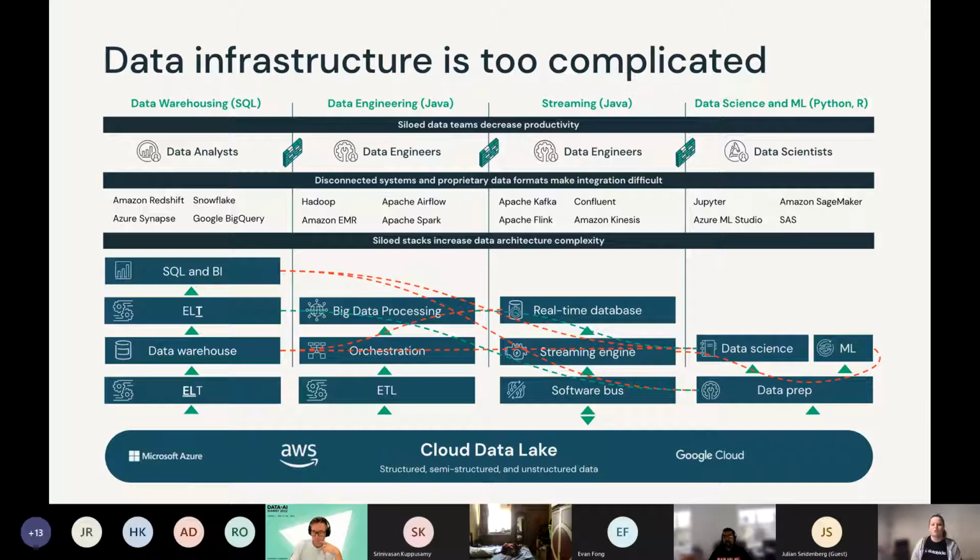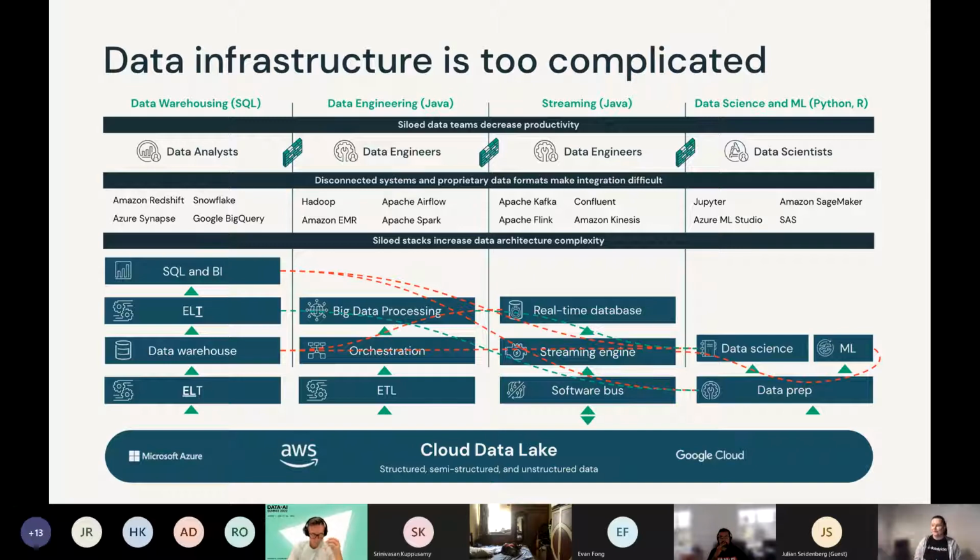But if a more complex data scenario comes in, that's where your data engineers start building something different. So we have the data engineering silo, that's usually written not in SQL anymore. It's going to be in Java, it could be in Python as well, depending on your data engineering team. We might be using something like Hadoop, we might be using Spark. If you do have a streaming real-time use case, often it's yet another set of technologies. That's where Kafka would come in, or Kinesis, or maybe IoT Hub, depending on which cloud you're on. You would have a real-time database that you would try to keep in sync with your data warehouse, but often it would have a different set of code that would try to perform the same business logic on it.